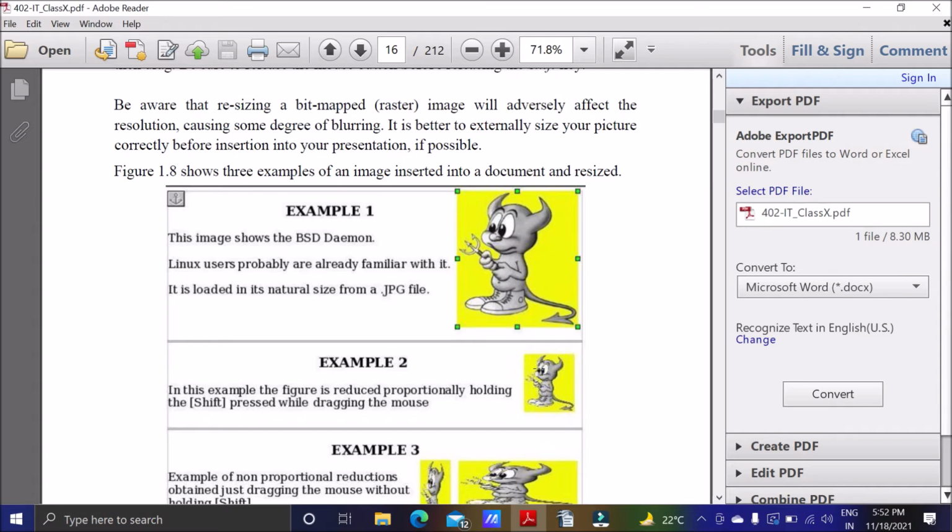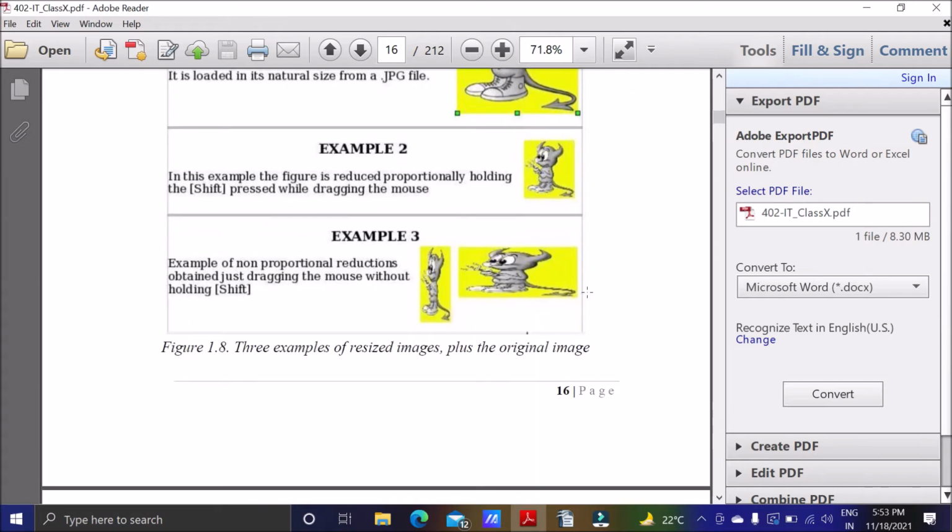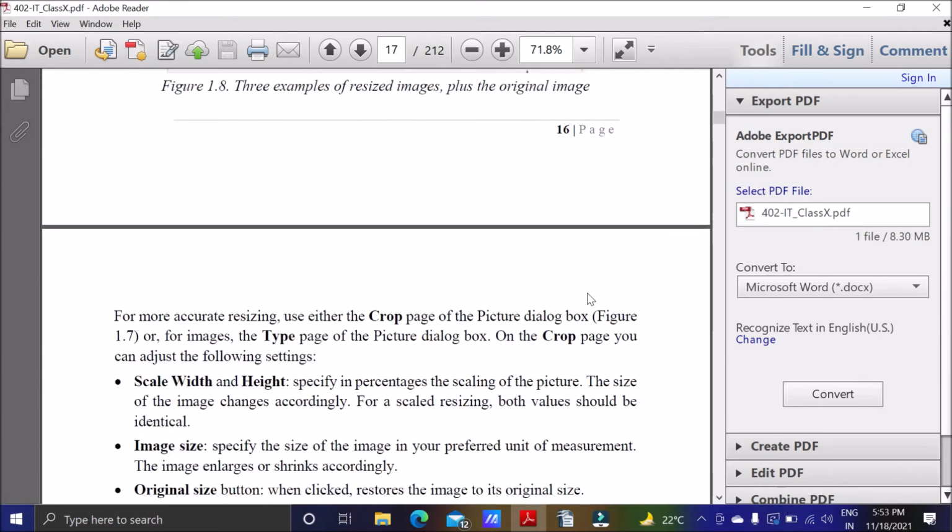So it is better to externally size your picture if you have a bitmap image, and then insert it into your presentation. If you crop a bitmap image, it will result in blurring of the image, only for bitmap. Right now I am using a different format, but for bitmap you have to be careful.